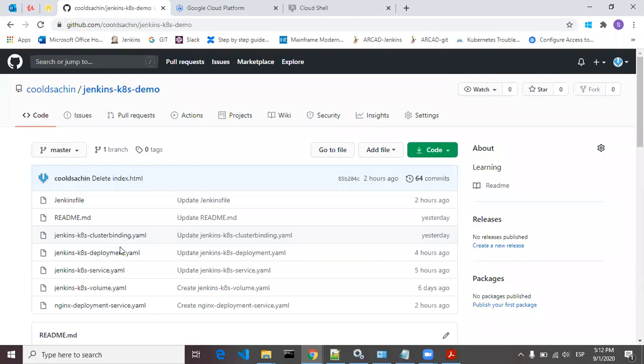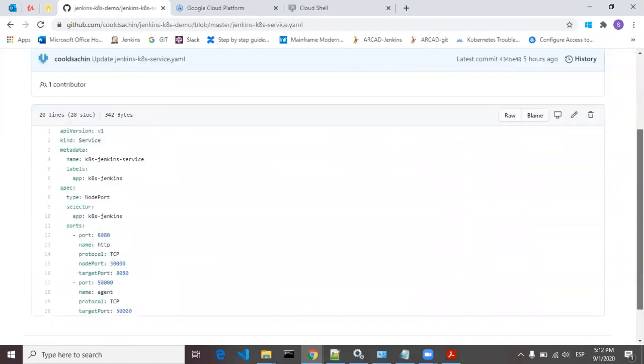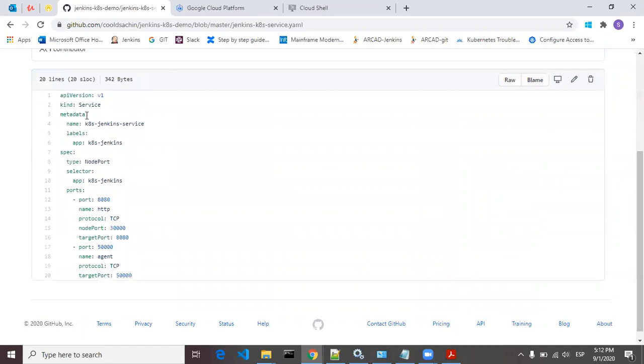If I show you this, this is my service with the type NodePort, default port 8080. The node port is 30,000, and the target port I have given is the JNLP port 50,000.